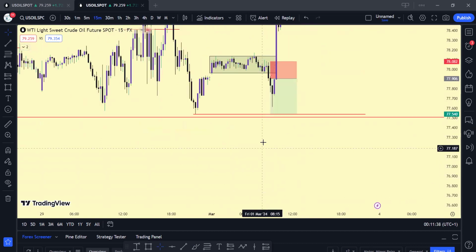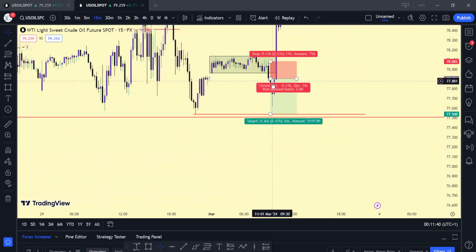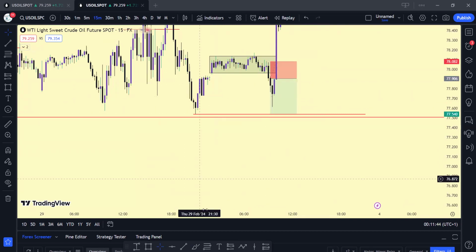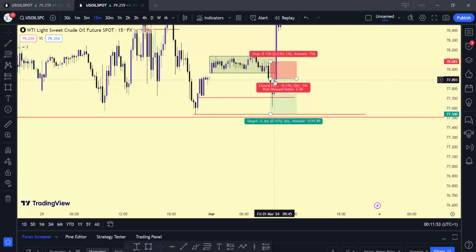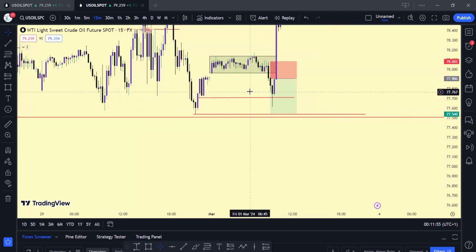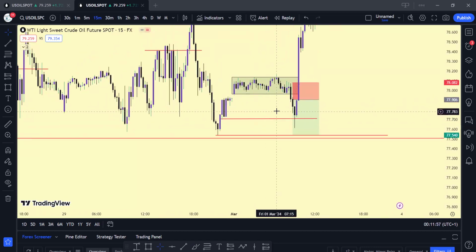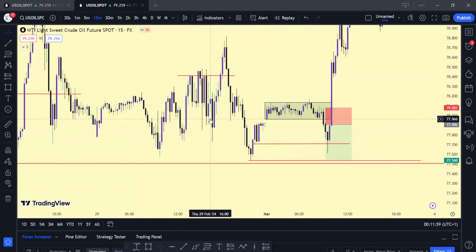So you know what? For this system, I'll move my stop loss as soon as I go into profit of like 1-to-1, or when I break a low. You can see we broke this low right here. So once you break that low, you can move your stop loss to break even. So in case the market comes back, you don't lose on this trade. So these are ways that you could actually